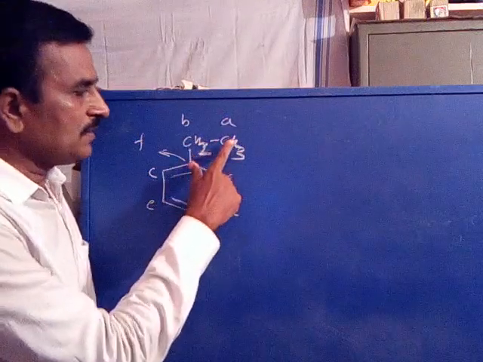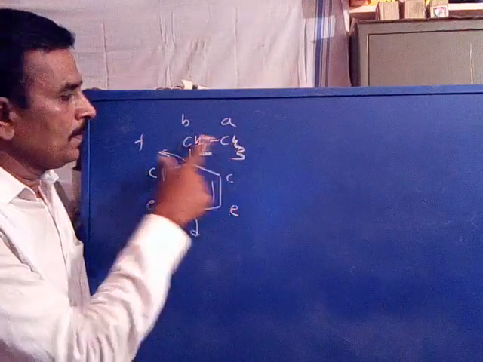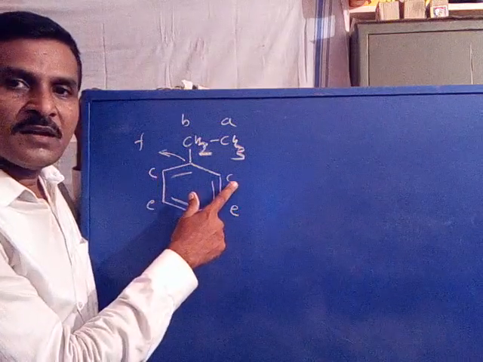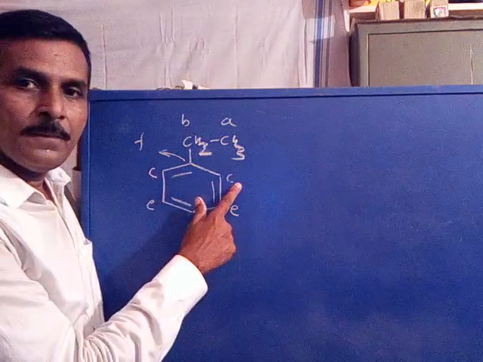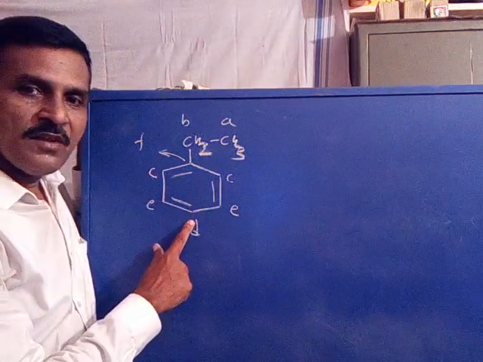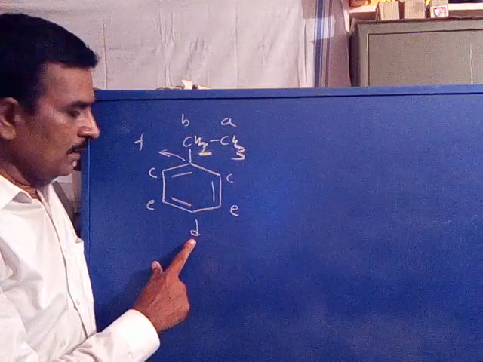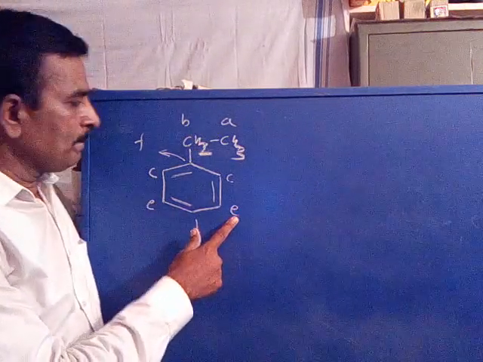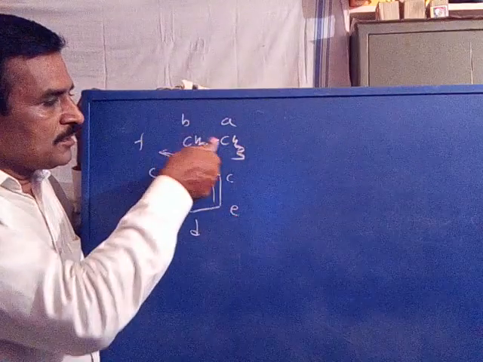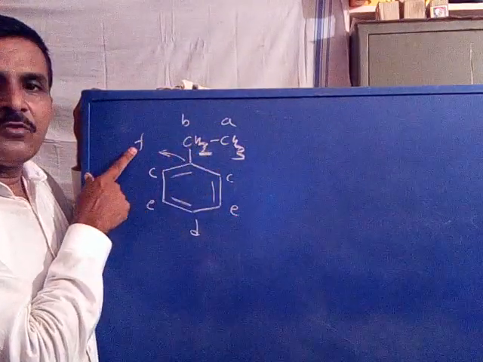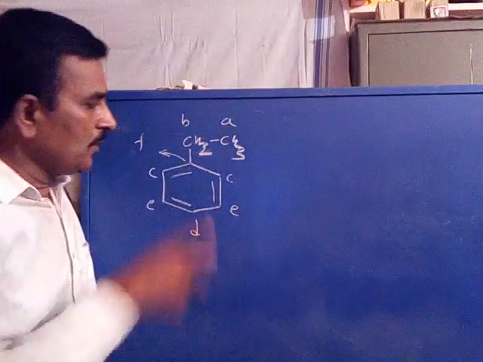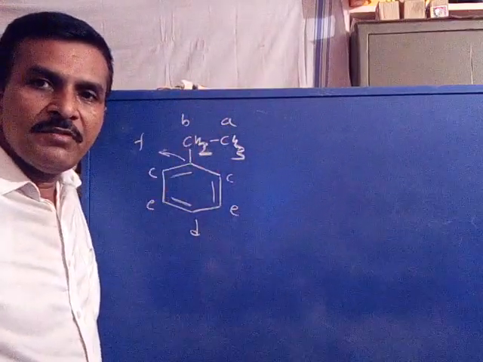So CH3 is A carbon, CH2 is B carbon. 2 ortho carbons are the same, therefore C and C. Para carbon is different, hence it is D. 2 meta carbons are the same, hence these two are E. This is the carbon attached to the ethyl group, belongs to F, different from all others, hence it belongs to F. So this is the non-equivalency between carbons. Coming to the signals.